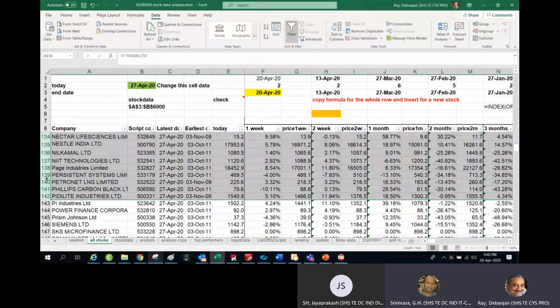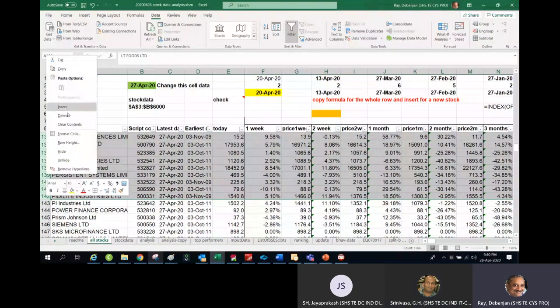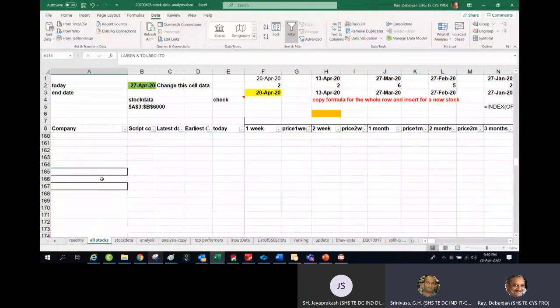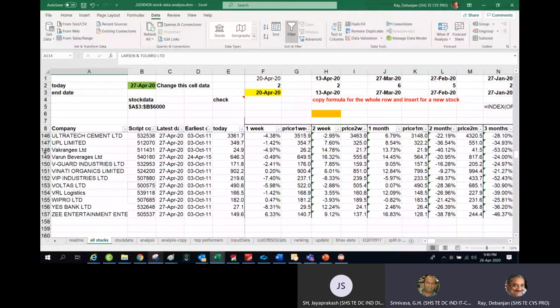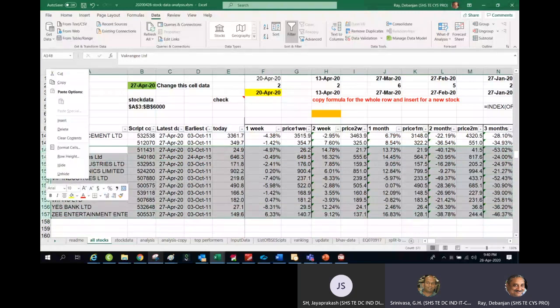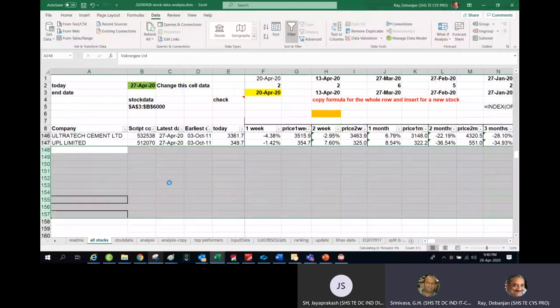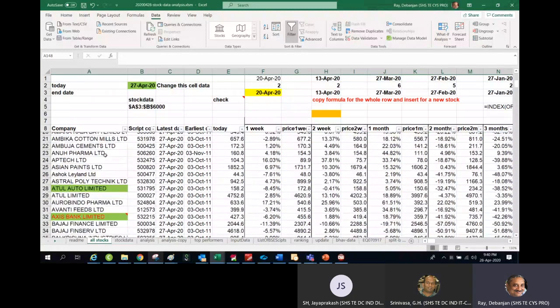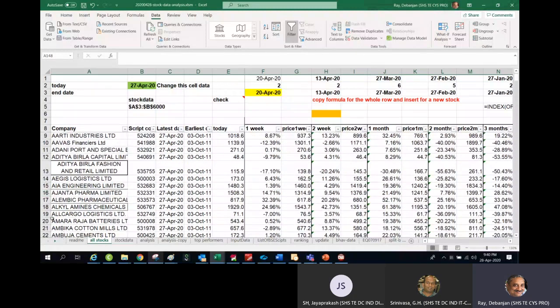I go here and delete. Like that, I will adjust some, because these are the stocks I don't need. So now my list is smaller, as per the number of companies, I'll just keep it.